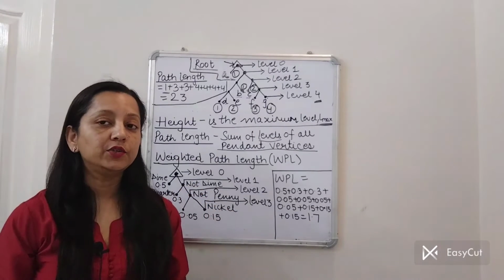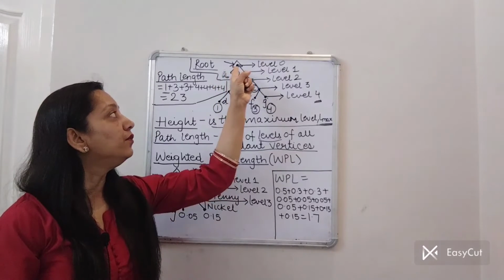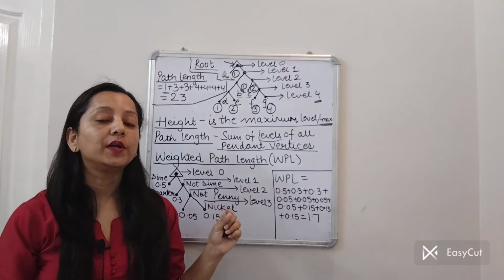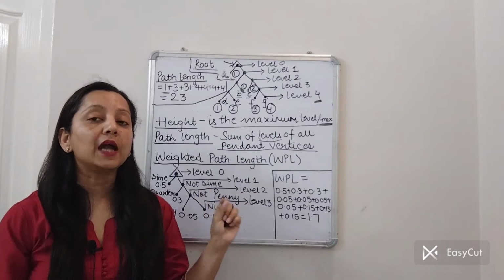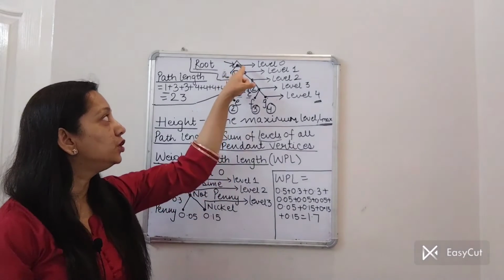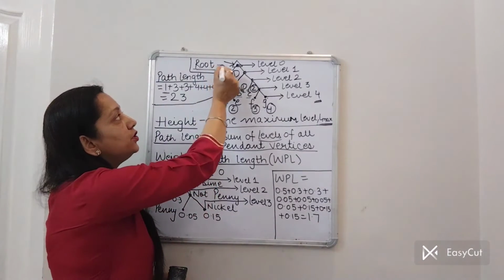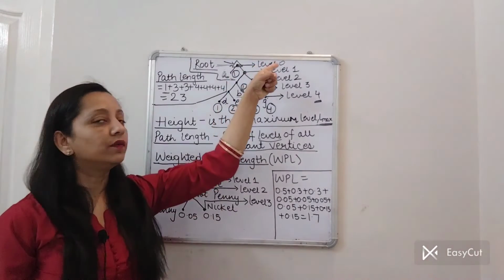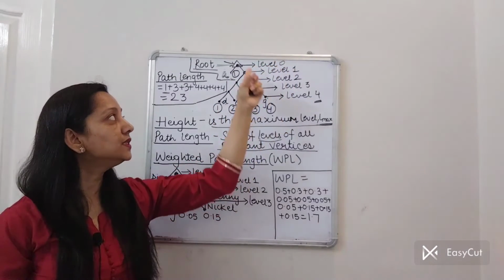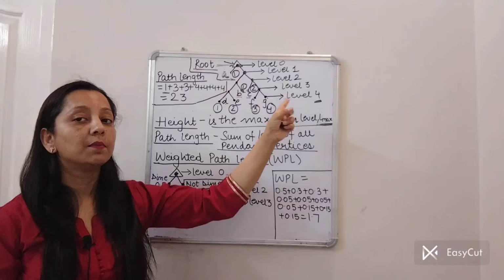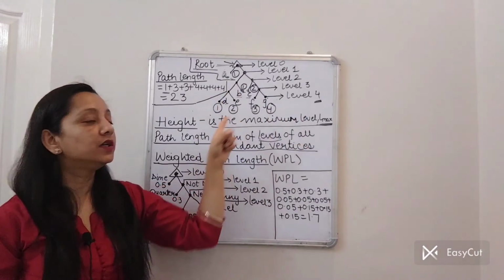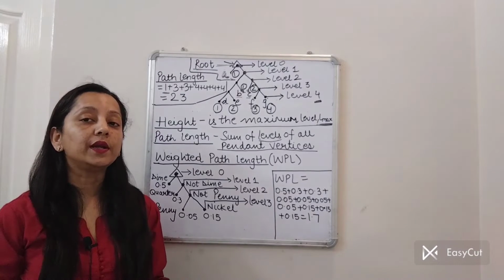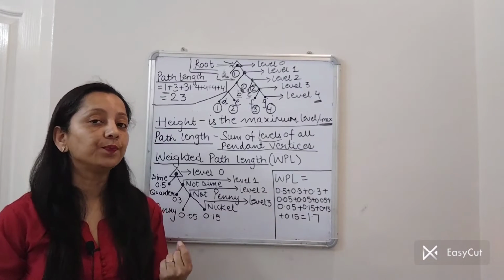Now we all know what a binary tree is, and we also know that in a binary tree, the root is that particular vertex which has degree 2. And that particular vertex with degree 2 is always at the top. So that's why in a binary tree, you will always find the root at the top, right? And the root is always at level 0. Here you can see that there are 4 levels in this particular binary tree, and there are 13 vertices in this binary tree. So I can say that it is a 13 vertex 4 level binary tree.